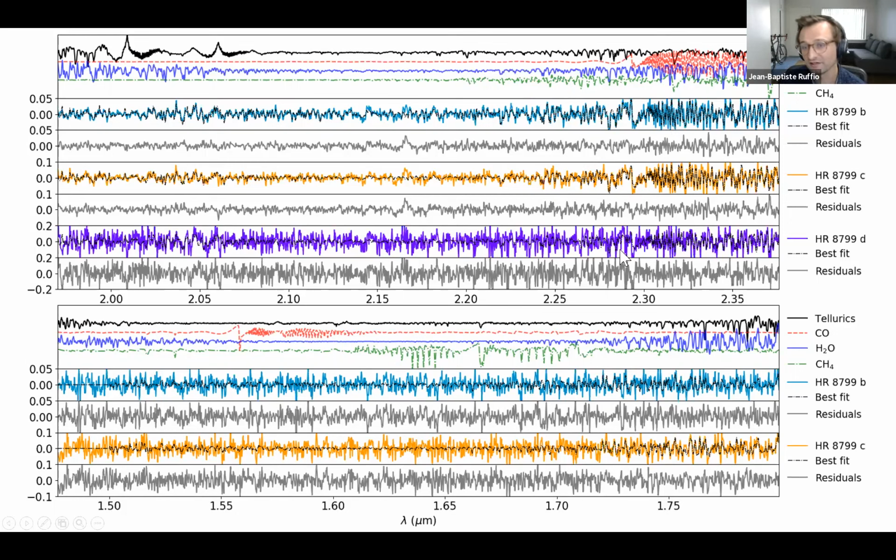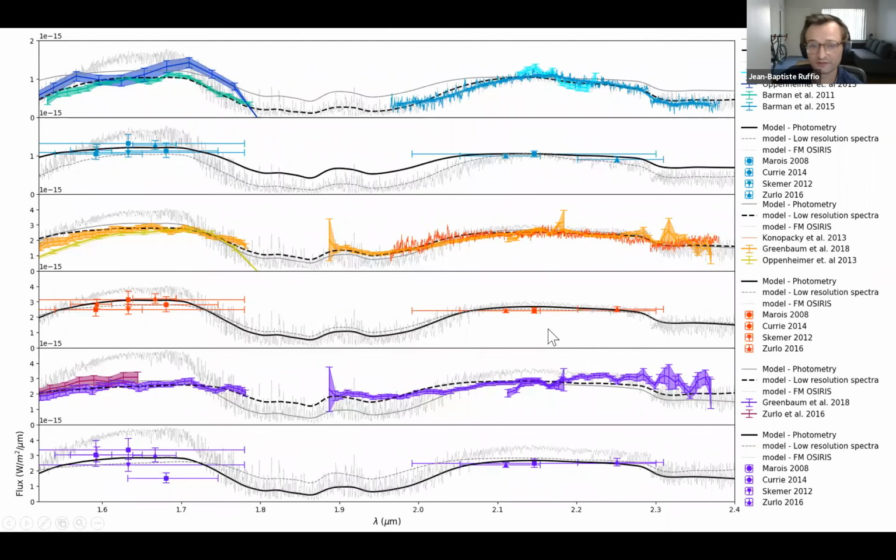So there's a lot here. The top panel is K-band. From top to bottom, you have B, C, and D. And then at the bottom, you have H-band spectra. We have some H-band data for B and C. So if I fit the same model grid to